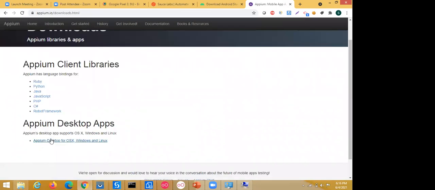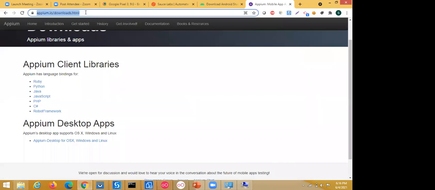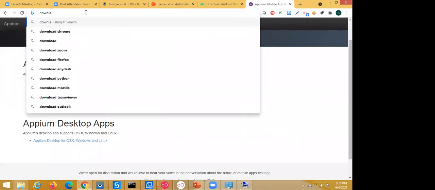This is a desktop based application. Or you can use the Node.js package, because this Windows client also internally works on Node.js, the npm client. But for faster results, I prefer installing and running using npm, which means Node.js. So we need to install Node.js for running npm. So that's why we need to go to the official Node.js website.